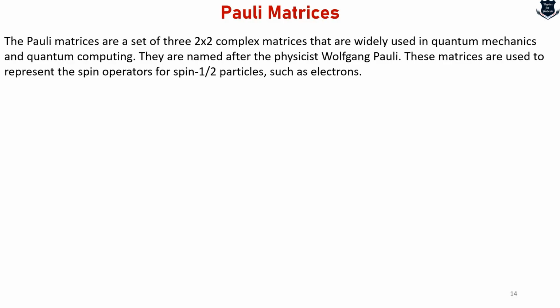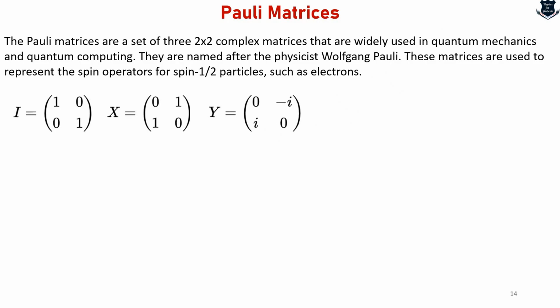This is a very simple set of 2 by 2 complex matrices, and these matrices are taken into account because they describe spin half particles, which are electrons. We are not going to deal with spin in this video, but we are going to see how these Pauli matrices, when taken into account with quantum operations, change things. There are 3 types of Pauli matrices. The first one is something like this, I, then X. I'm going to explain what those are.